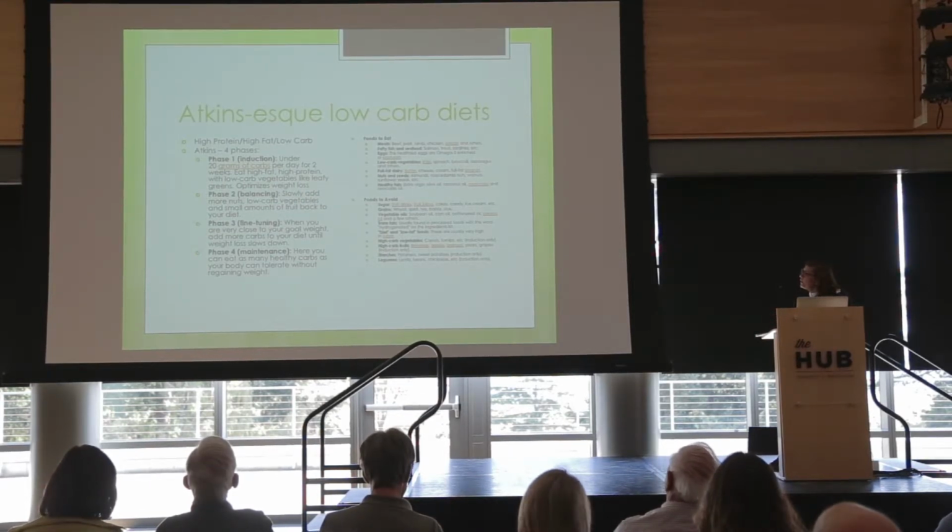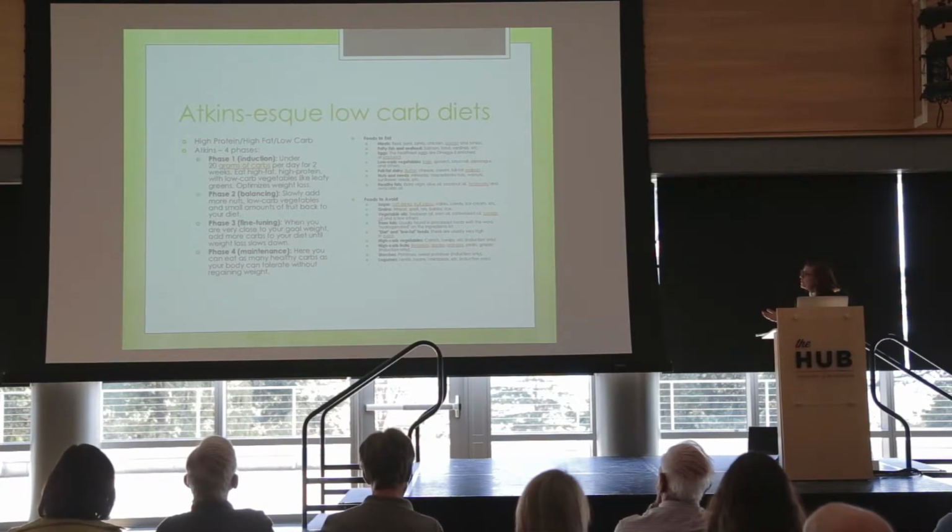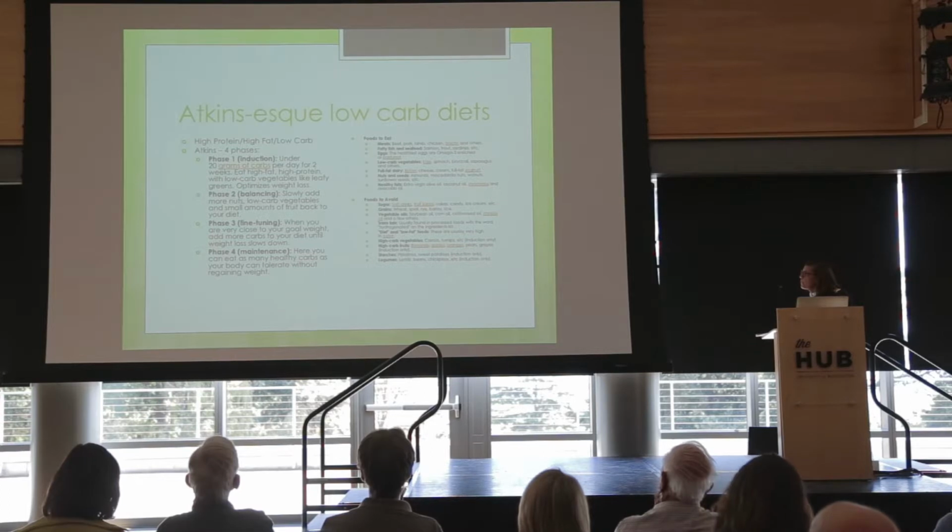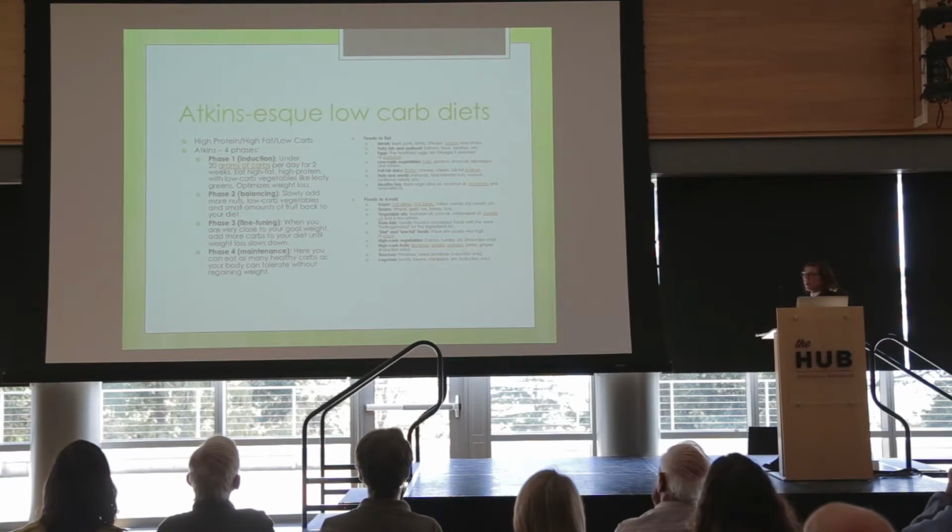Atkins is very similar. It has lists of what to eat and lots of things to avoid. The one thing I'll point out that I don't agree with is the avoiding of certain fruits and vegetables, and sweet potatoes and things like that. But they have recently changed the plan to be these phases to kind of kick off your weight loss and then slowly add back in certain starches, grains, that kind of thing. So it's not super imbalanced, but you just want to be careful in those first few weeks. That can definitely have an impact on your